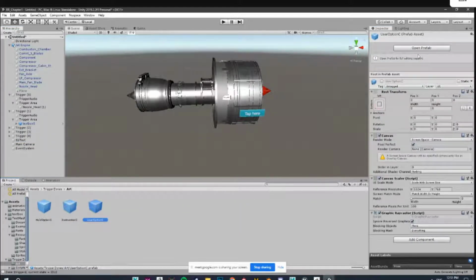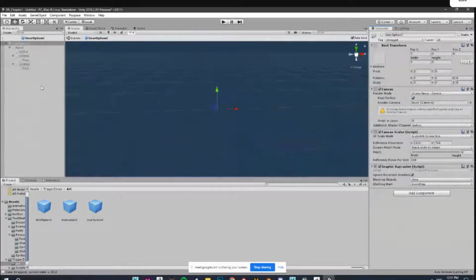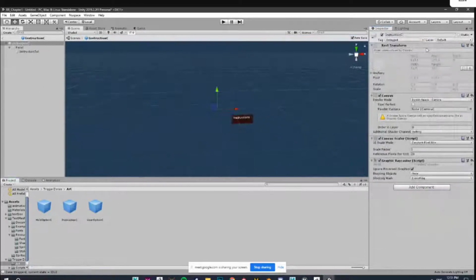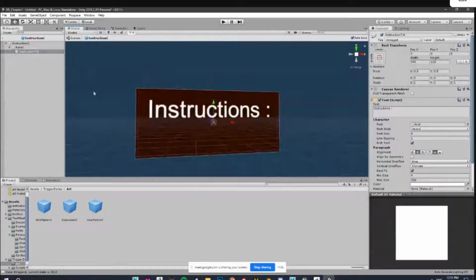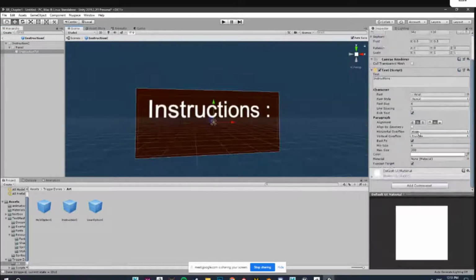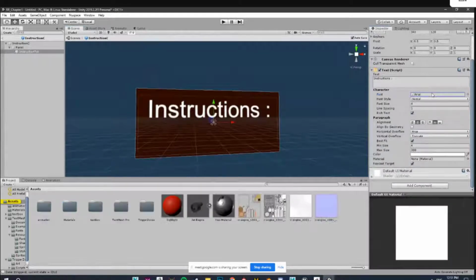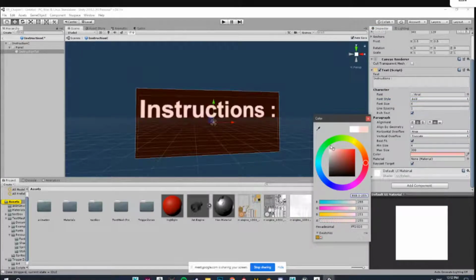If I open the instruction prefab, if you click on instruction and click on open prefab, we'll get this one. Over here is where we can change things. Let's say instead of Arial we want some other font, or instead of normal it has to be bold. We can change it from here. We can change the font color as well.